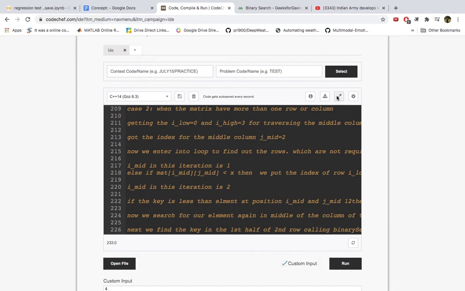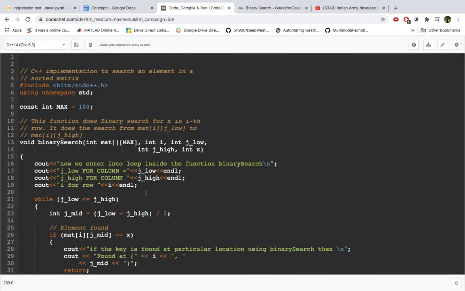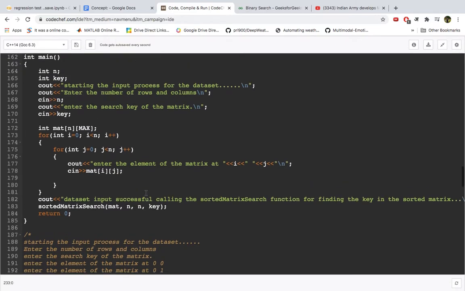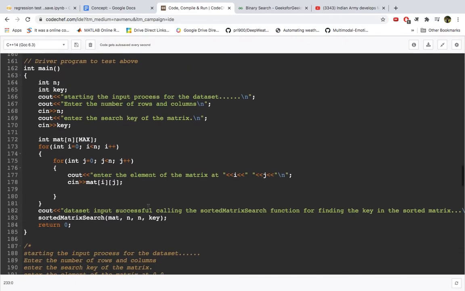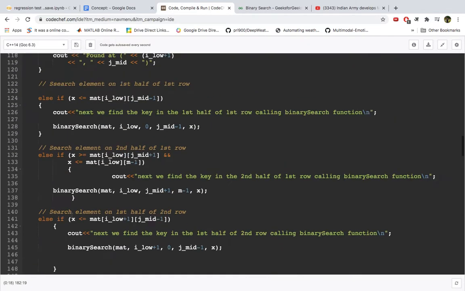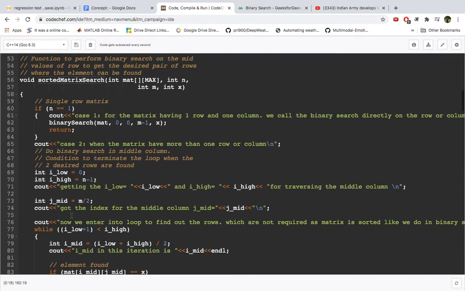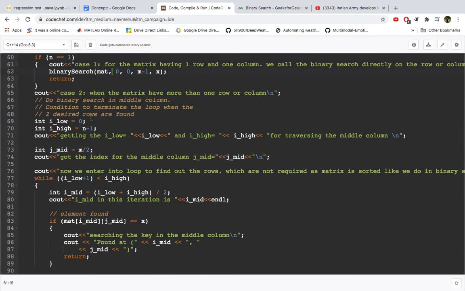We'll see how the code works, right? And let's come on to the main function. In the main function, all the inputs have been taken, you know better. Then we go into binary search matrix. This is the function here, sorted matrix search. In the sorted matrix search, first of all, that case will not be taken because n is equal to 4. I low equals to 0, I high equals to n minus 1. This is 0 and this is n minus 1, that is 0 and 3, you saw in the log actually, right? I low equals to 0, I high equals to n minus 1, traversing the middle column.